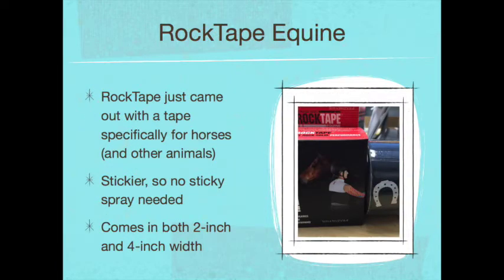Just a few months ago, Rock Tape actually launched their equine tape, which is even stickier than their original tape. So this tape works great on all types of animals. It really makes it so that I don't need to use that sticky spray as much as I used to. So this is a really great aspect of using Rock Tape, as well as that you do have access to